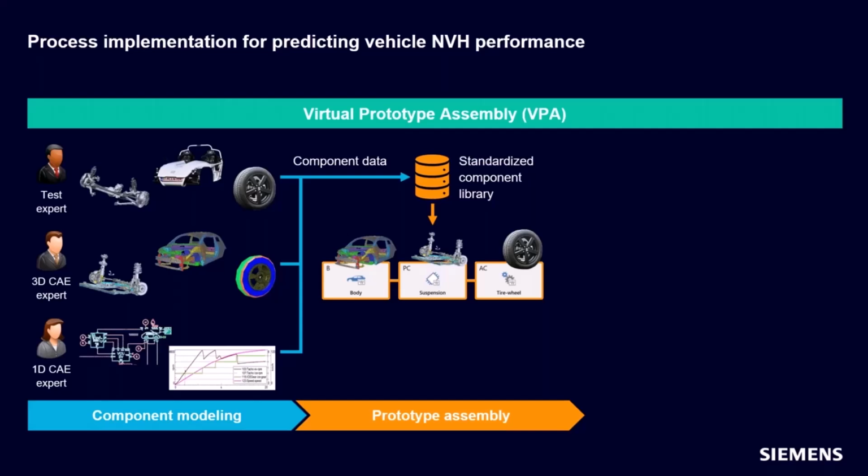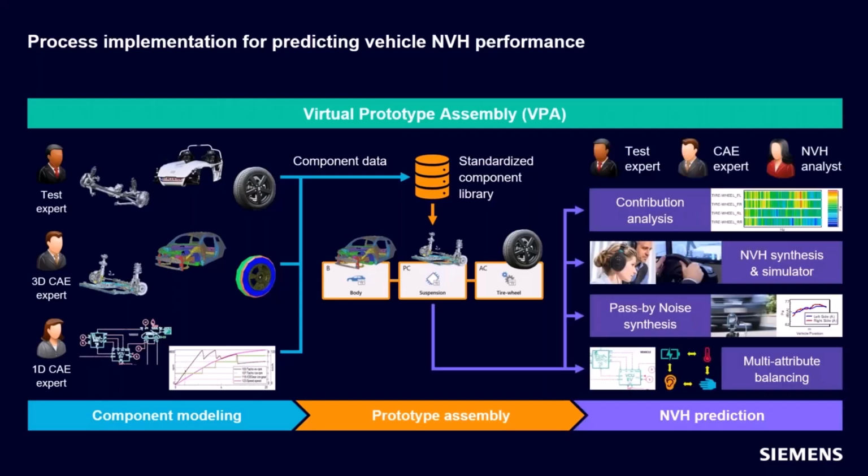I could see for this given body design, what type of suspension architecture or what types of wheels we are going to want to stay away from because they create a problem for us. And so we put them together in this virtual prototype assembly, and it allows us to do several different things. We're going to talk about a couple of these today. The first is contribution analysis, where we can get a very in-depth look at where the energy is coming from, what the response is, what if we changed this component in this way, how does that compare to our baseline condition, and we can boil that down to a very discrete level of information in this contribution analysis.